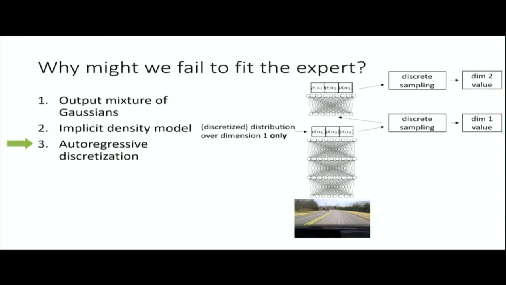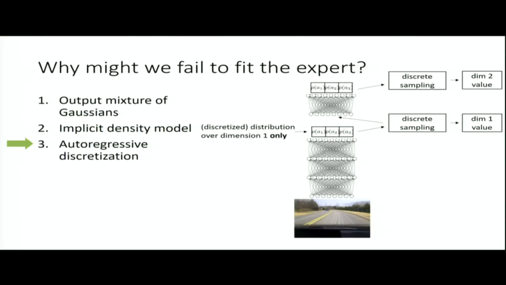So the nice thing about this approach is that the second part of the network that outputs dimension 2 is conditional on the sample for dimension 1. So this is learning the probability of dimension 1, and this is learning the probability of dimension 2 given dimension 1. So you can still represent any joint distribution over these discretized actions, but you only ever have to discretize 1 dimension at a time. And then when you train this thing, of course, during training you don't sample. During training you actually give it the true values of each dimension. So training is still very easy, just standard supervised learning.